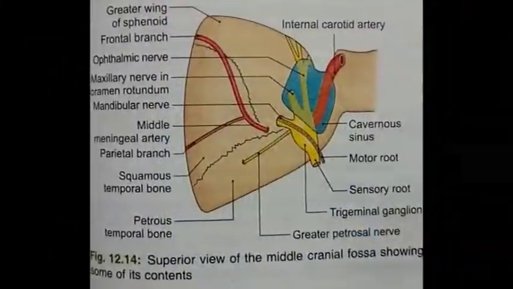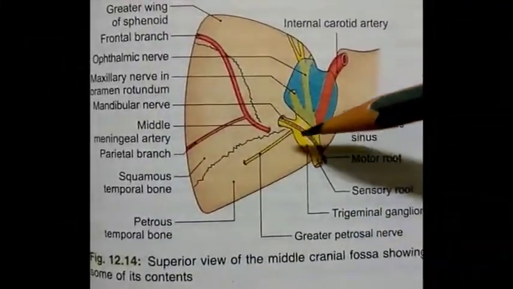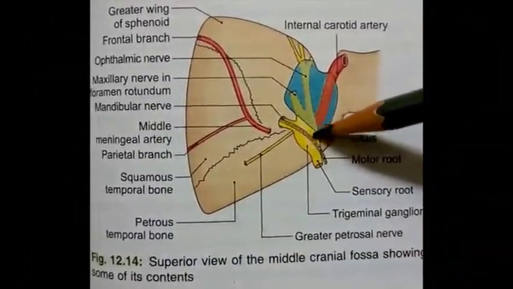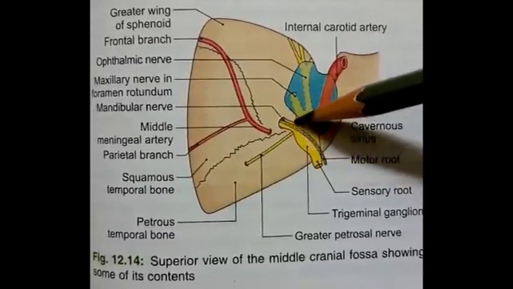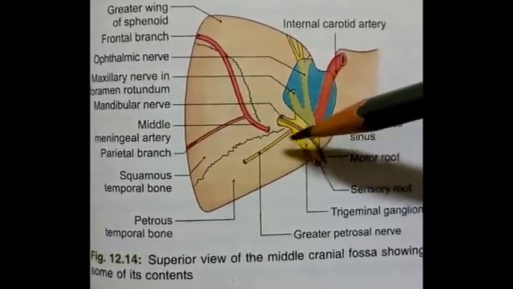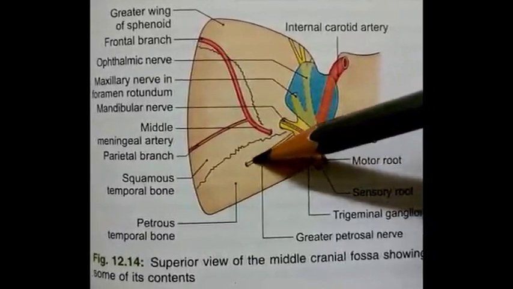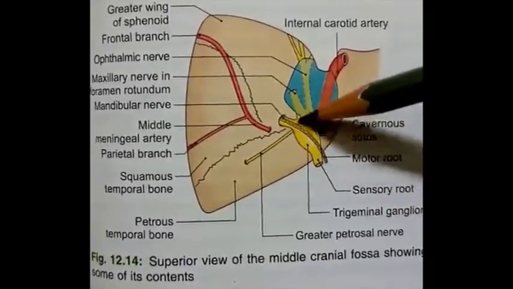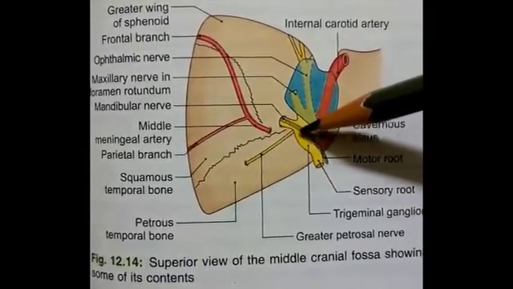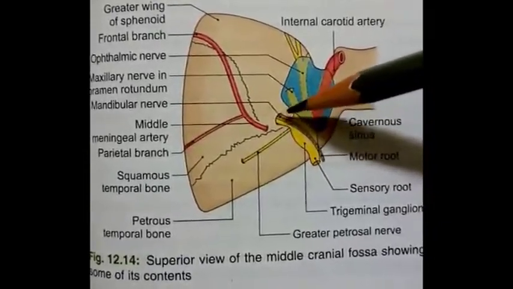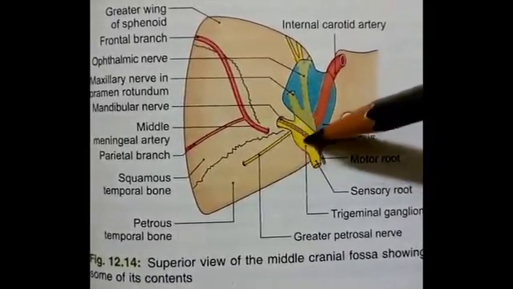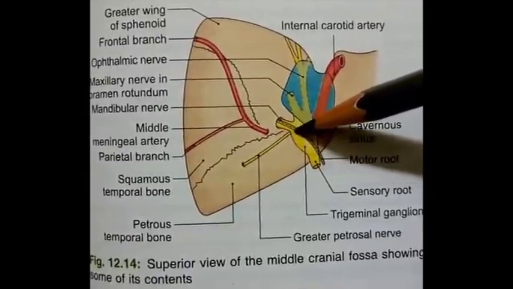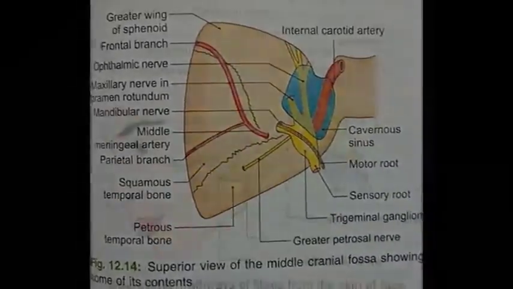Inferior relations, first of all, the motor root of the trigeminal nerve. So it is shown with the dots. This dotted structure is the motor root of the trigeminal nerve present inferior to the ganglion. Then the greater petrosal nerve is also present inferior to the ganglion. Then here lies the apex of the petrous temporal bone, over which lies the ganglion itself. And then foramen lacerum. Foramen lacerum is also present deeper in this area, deeper to the trigeminal nerve, and comes in inferior relation of the trigeminal ganglion.